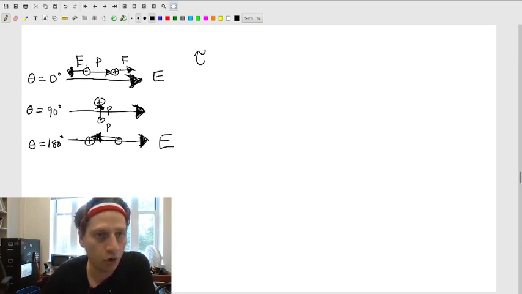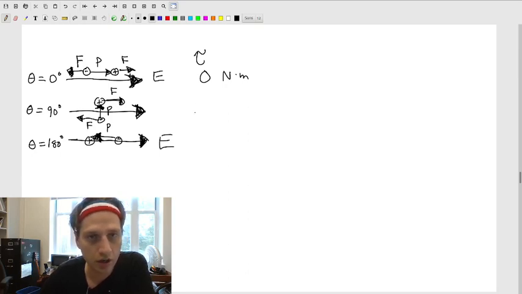Now, the torque is, of course, telling you about how much of the force is perpendicular to the direction of your axis of rotation. So here my torque would just be 0 newton meters. On the other hand, here I would get a big torque because my force and my axis of rotation are pointing in perpendicular directions. So here I would have a torque of P times E,